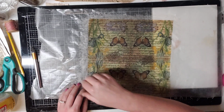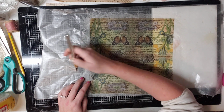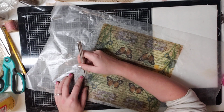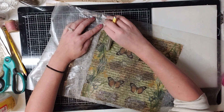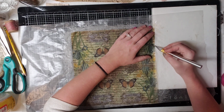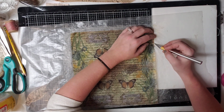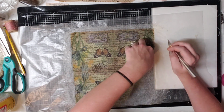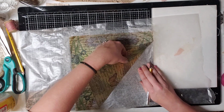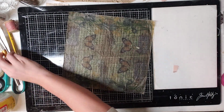And then once you kind of get the main portions off, it becomes easier to peel off. I say that, but watch it give me trouble. Oops. There we go. Okay. So then what you're left with,